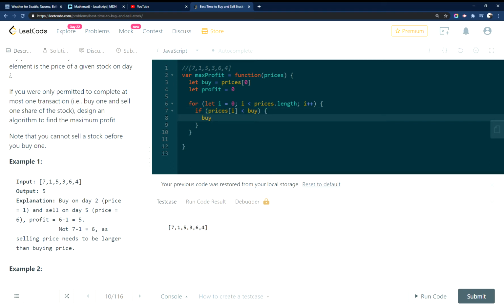If so, set the buy point to the current index, prices[i]. Otherwise, else if